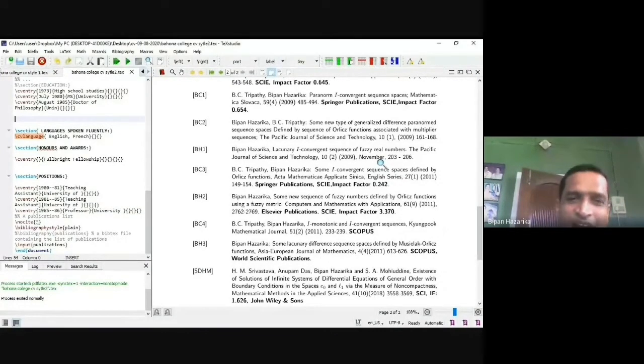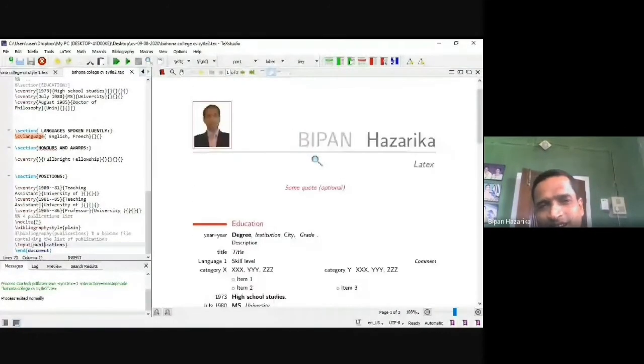If you add them in the reference list and run it, then between these two publications, all your publications are shown. Then the numbers are also taken according to that. No need to change your numbers. So this is one of the formats for how you can write a CV in LaTeX.